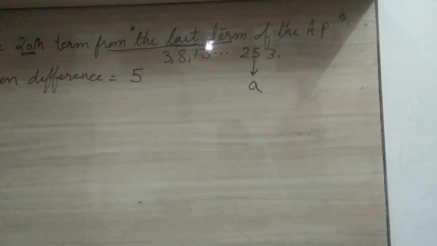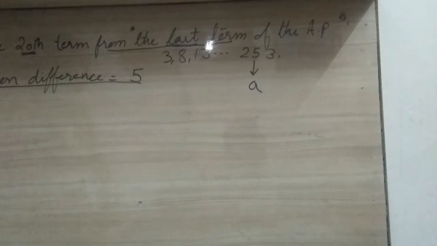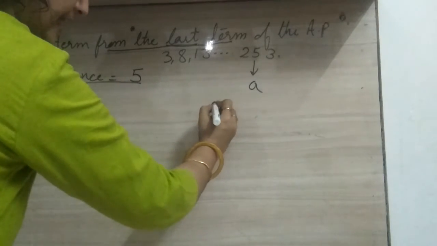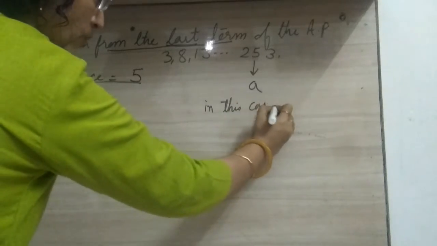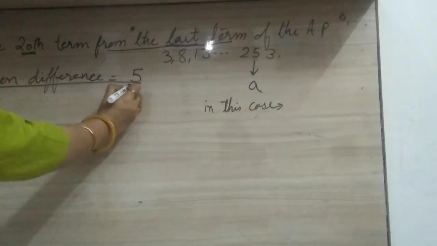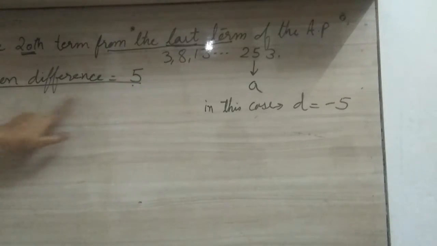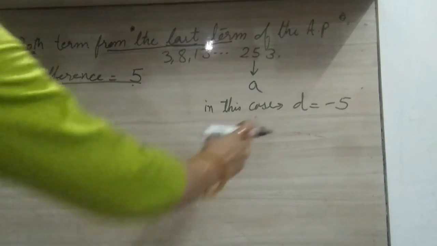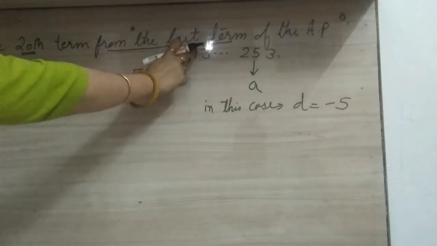Okay, and the normal common difference, if it is positive, when we consider this last term as A, so in that case, you are going to consider that as negative. In the normal case, the common difference that comes, we will change its sign. Okay, when will you apply this process? You will use this method only when you have to find any term from the last.